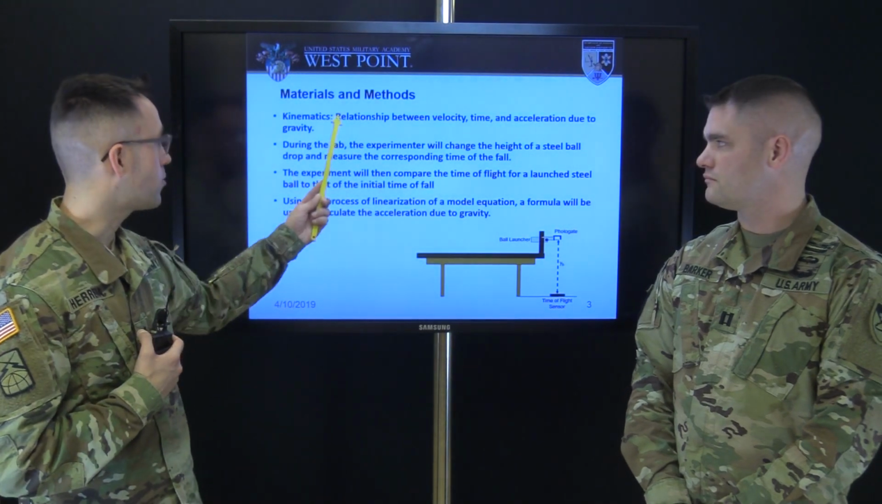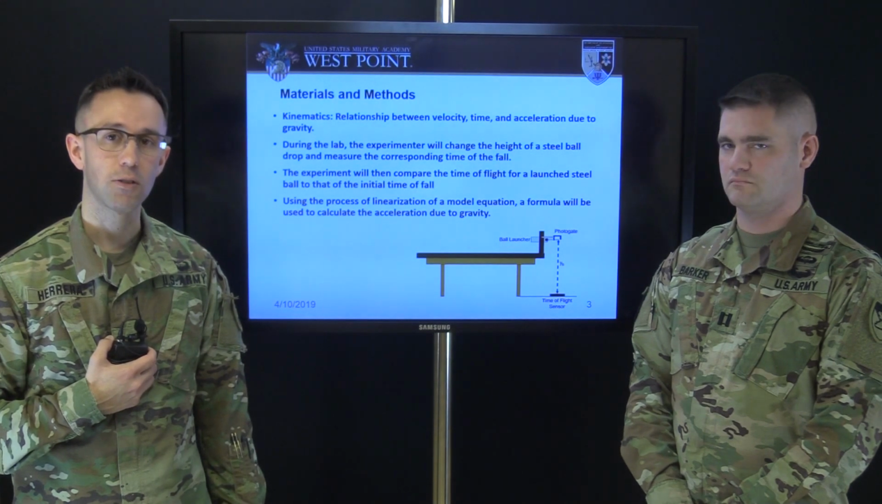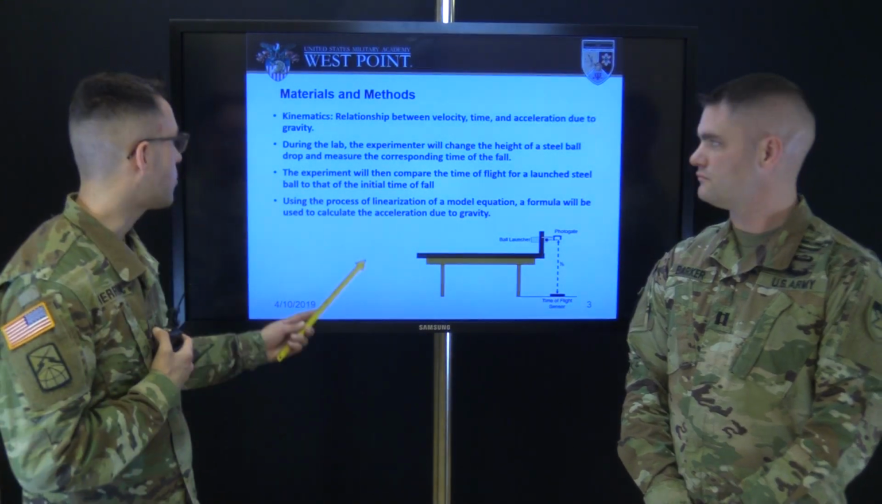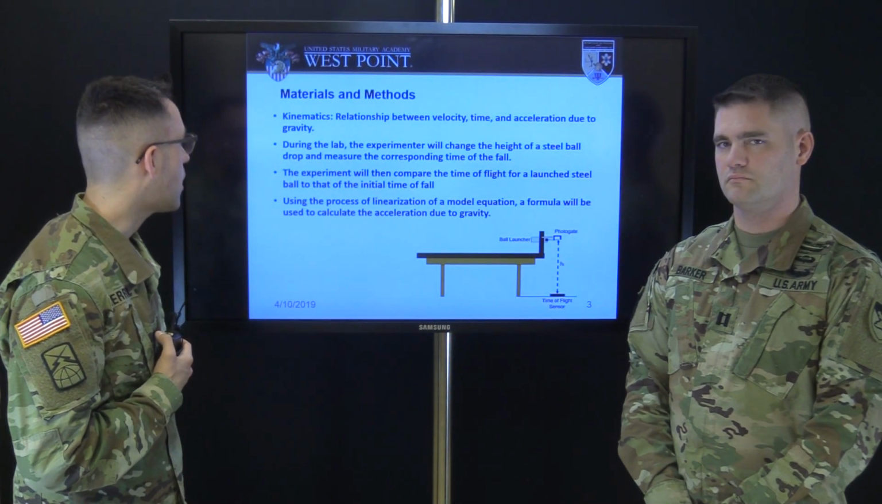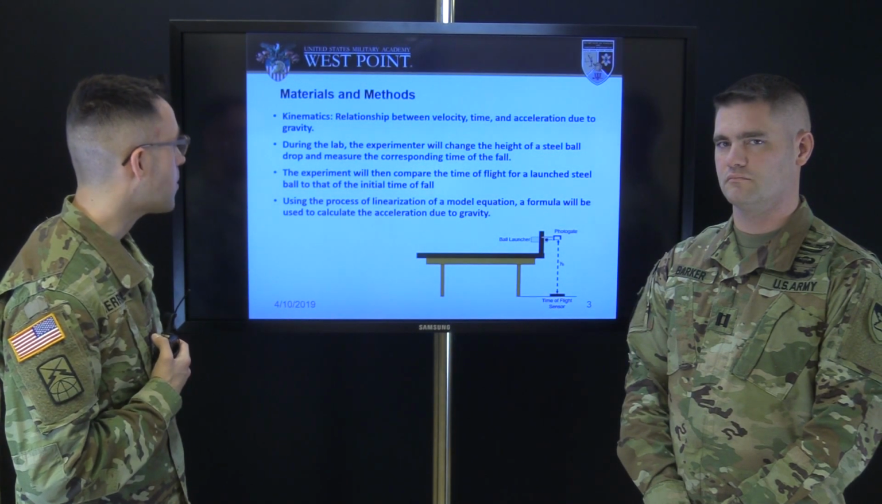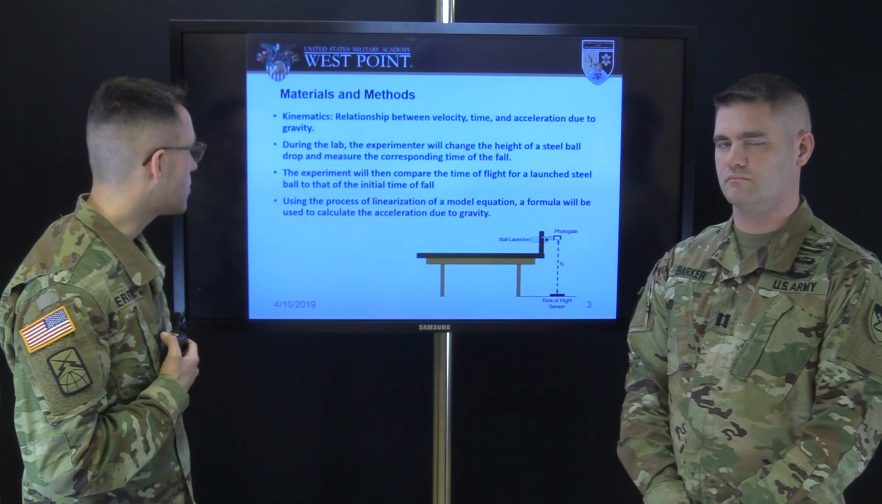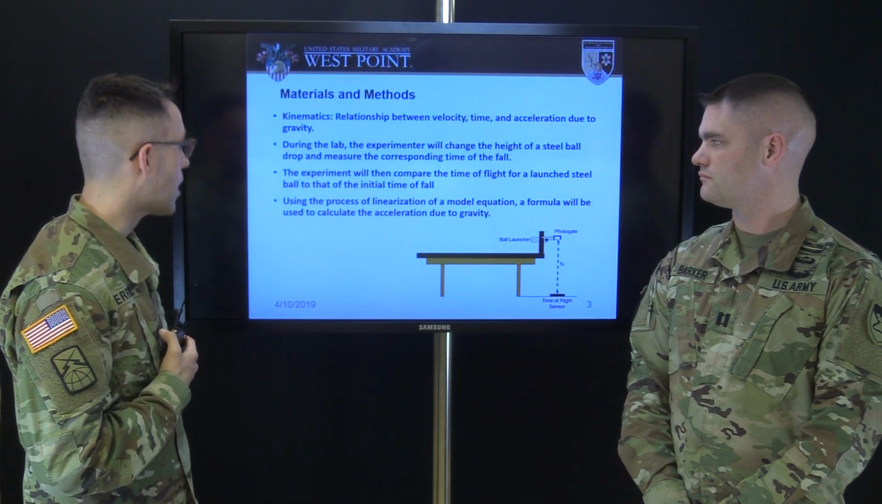So here are our materials and methods. We are using the base physics of kinematics, and we'll talk about how we can apply that during our experiments. During this lab, the experimenter will change the height of a steel ball, drop it, and measure the corresponding time of the fall. The experiment will then compare the time of flight for a launched steel ball to that of the initial time of fall. Using the process of linearization of a model equation, a formula will be used to calculate the acceleration